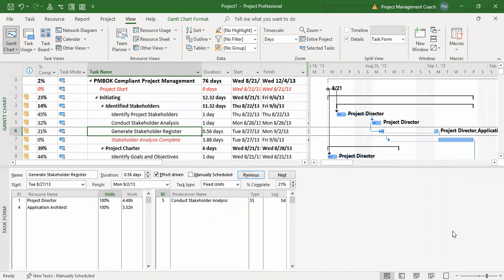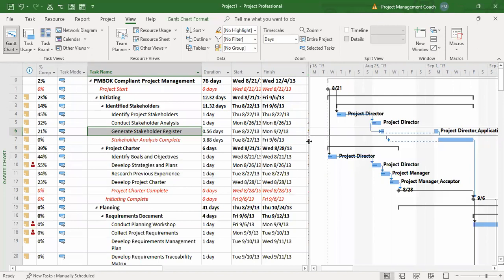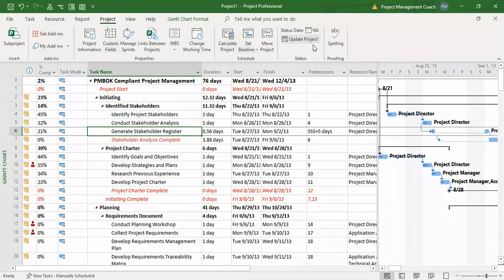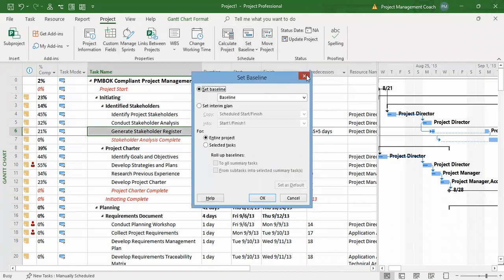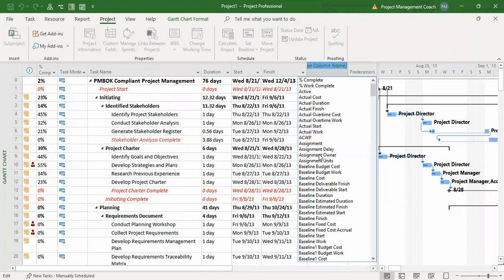All right, let's right click over here, and here we are going to deselect show split. And that's that. Other features people don't use, just the feature of baseline in the project. So into the project field here and into set baseline. And I really want to demo it for you to see what happens. So let's go in and put the baseline